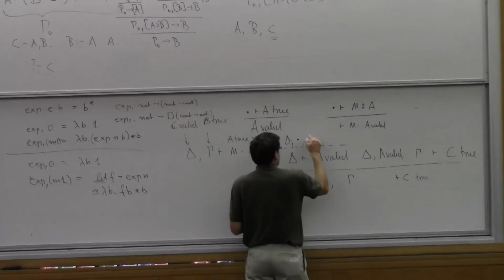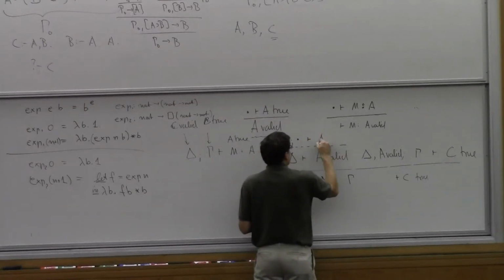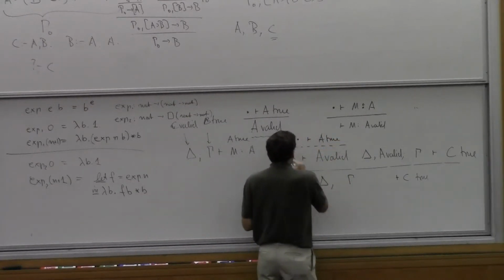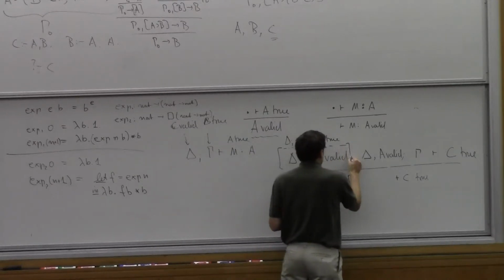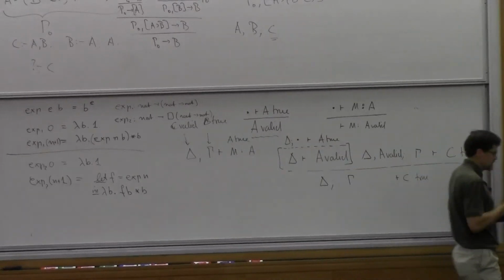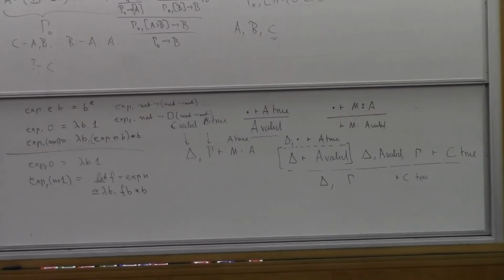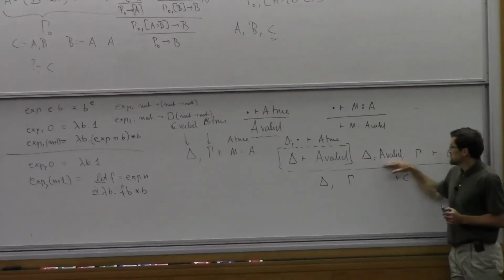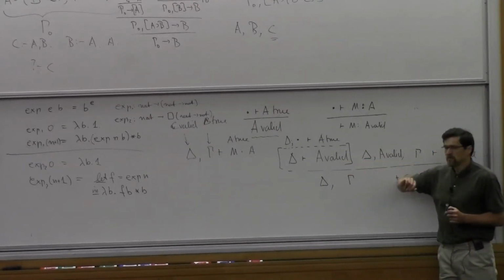Now it turns out to be convenient, for reasons that are a little difficult to explain in a very limited amount of time, that we don't want the judgment A valid to ever appear on the right-hand side of a judgment. With the lax modality for monads, we have the same thing. The assumption A lax only appeared as a conclusion. It was never an assumption. And here it's going to be dual to that. A valid is going to appear as an assumption, but it's never going to appear as a conclusion.